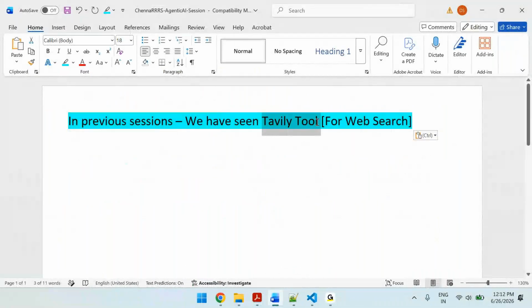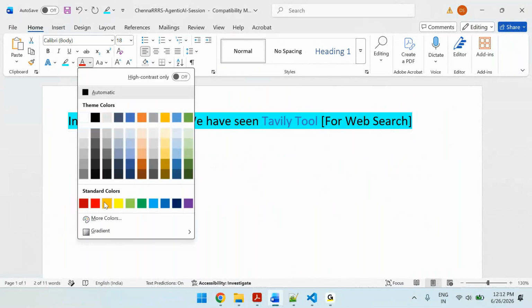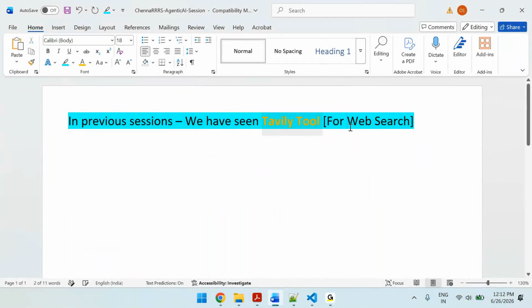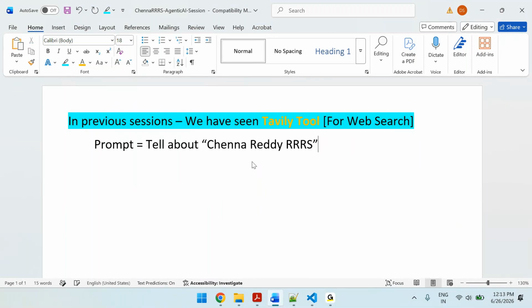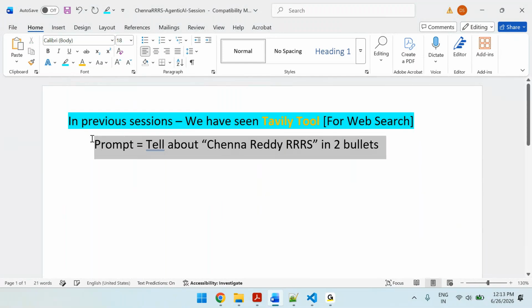we have seen the Tavily tool. With the Tavily tool, what we were able to achieve? We were able to achieve web search. That means, let's say the prompt is: tell about ChennaReddyTraining in 2 bullets. So let's say this is the prompt. If the prompt is like this, then the question is, do you think that